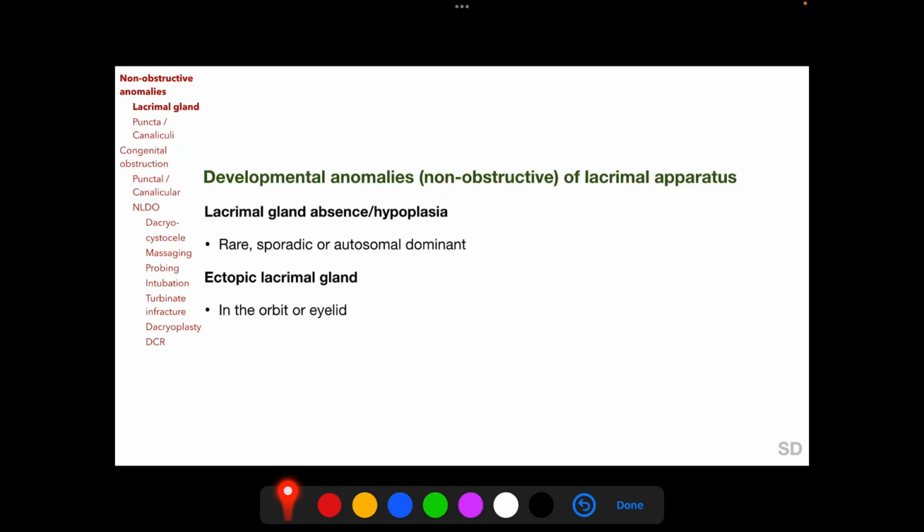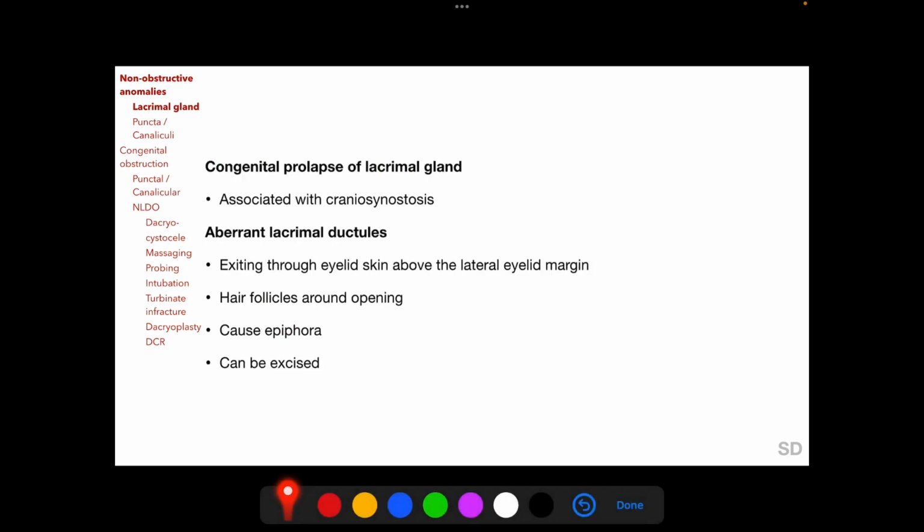Among the non-obstructive developmental anomalies of the lacrimal apparatus, we have absence or hypoplasia of the lacrimal gland, which is a rare entity and can be sporadic or autosomal dominant. Ectopic lacrimal gland tissue can occur in the orbit or in the eyelid. Congenital prolapse of the lacrimal gland is associated with craniosynostosis, and aberrant lacrimal ductules exit through the eyelid skin above